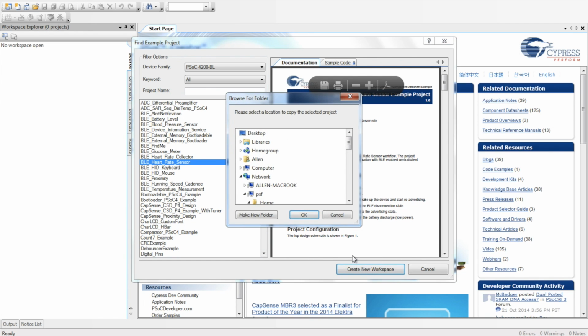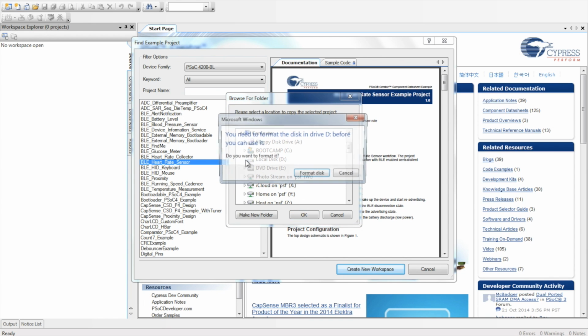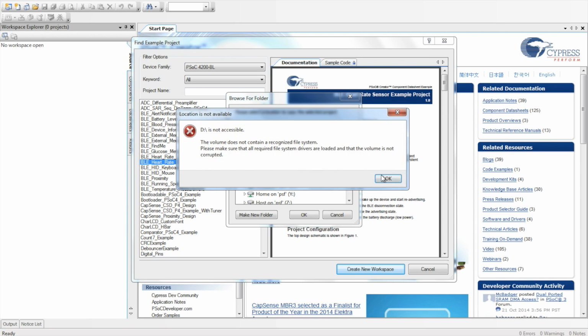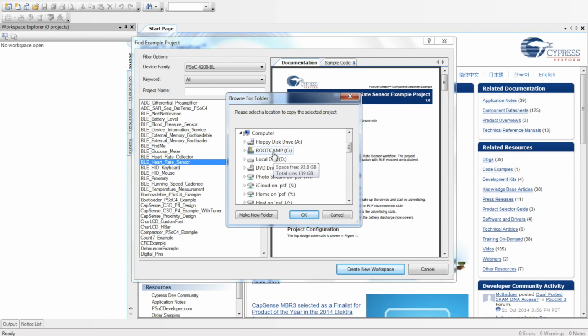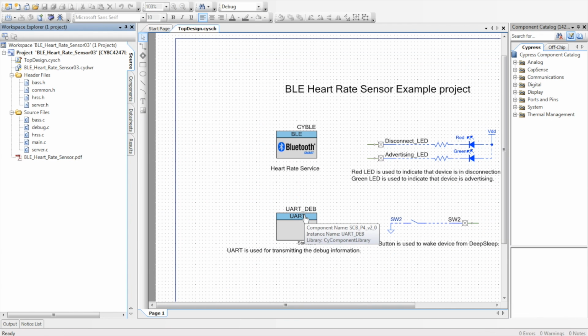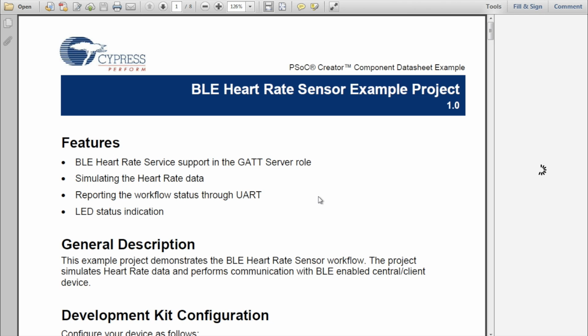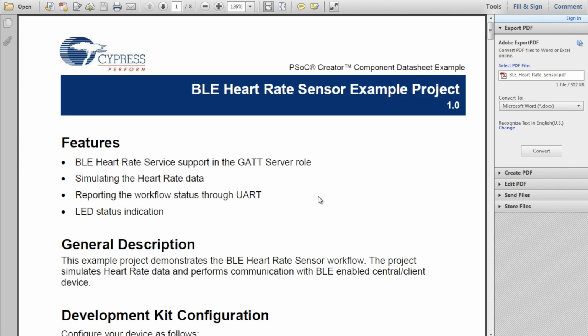And create the workspace. So I'm going to choose a folder I created. Oops, chose a folder I created already for my Cypress projects. Oh, and here's another nice thing. If you're opening an example project,